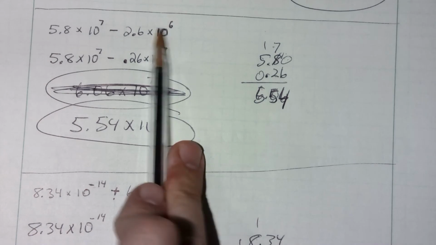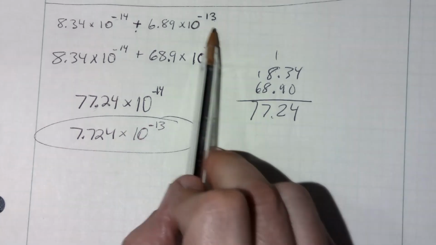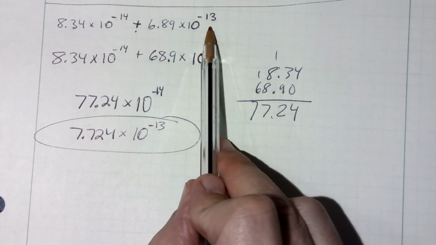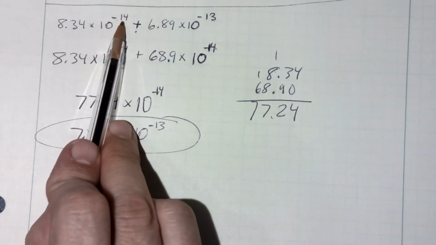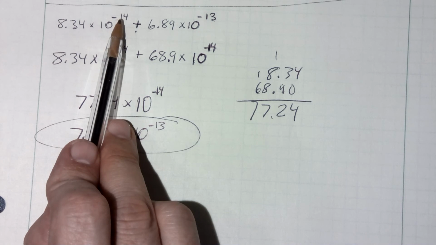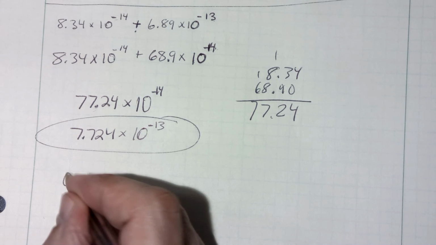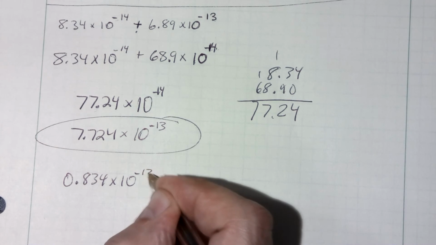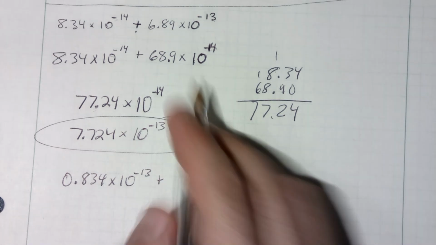That's why up here on this one, I said I like to make the smaller one larger. I didn't do that down here. I actually made the larger one smaller, because when it comes to negative numbers, if you move to the left on the number line, it's actually smaller. It would have been better to make this a negative 13, which is actually larger, and made this one smaller. So in other words, it would have been better to do 0.834 times 10 to the negative 13, which is a larger number than the negative 14, and not change that second one,